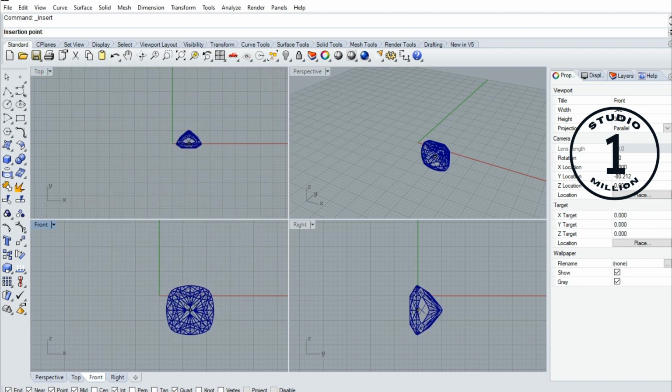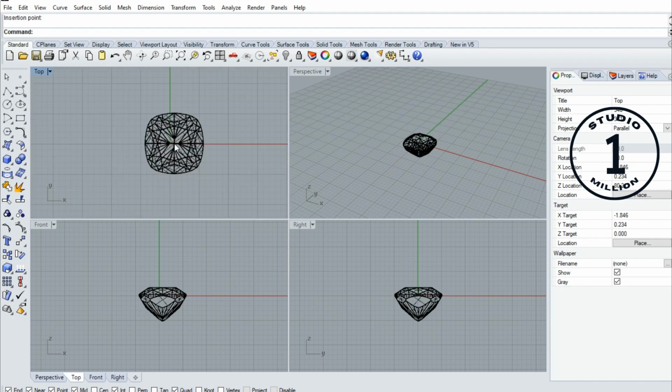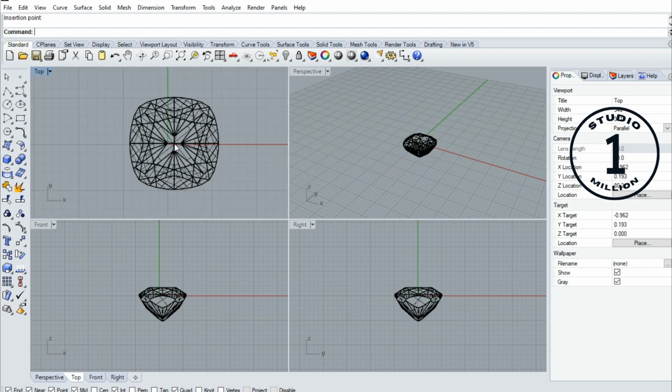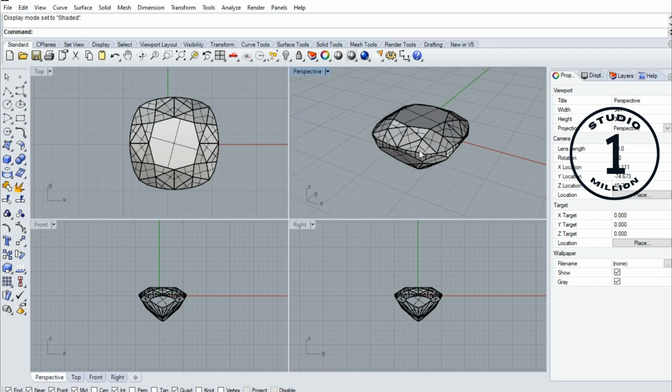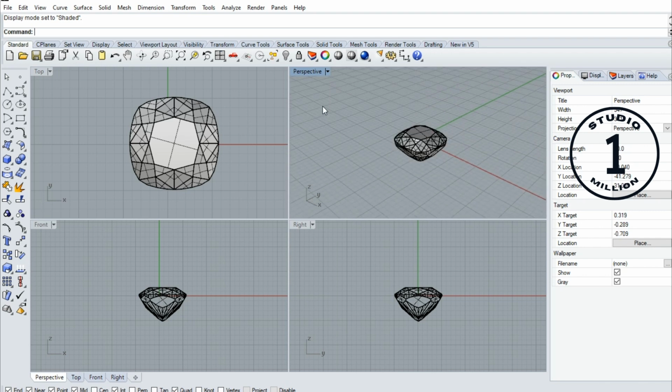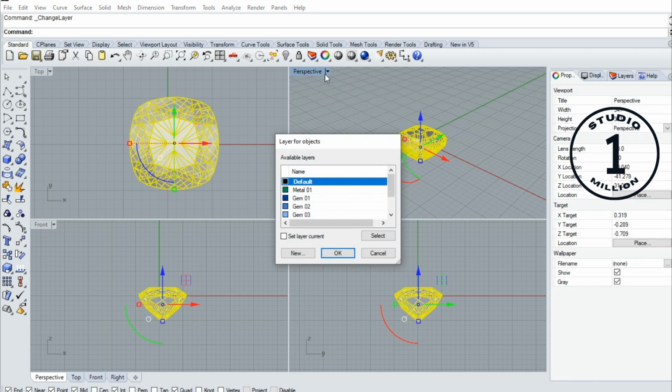So, okay. Or you can change layer color. Select this